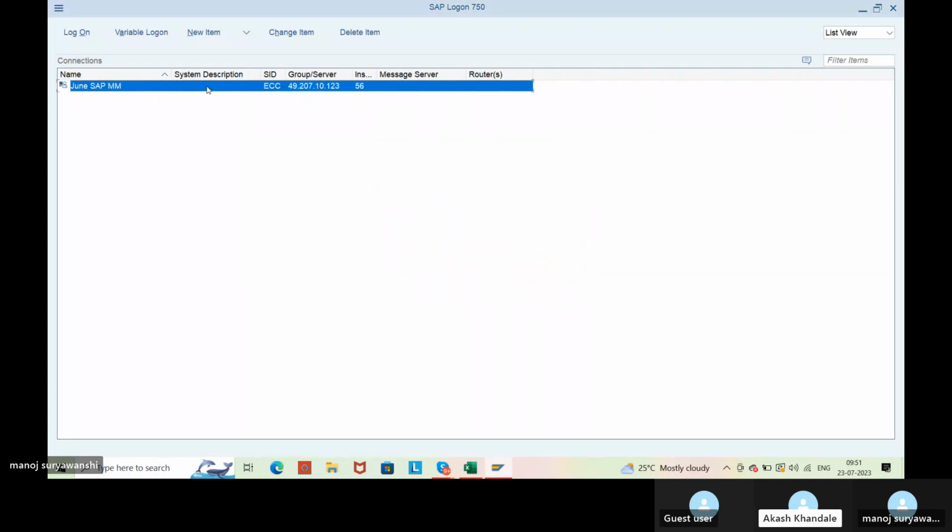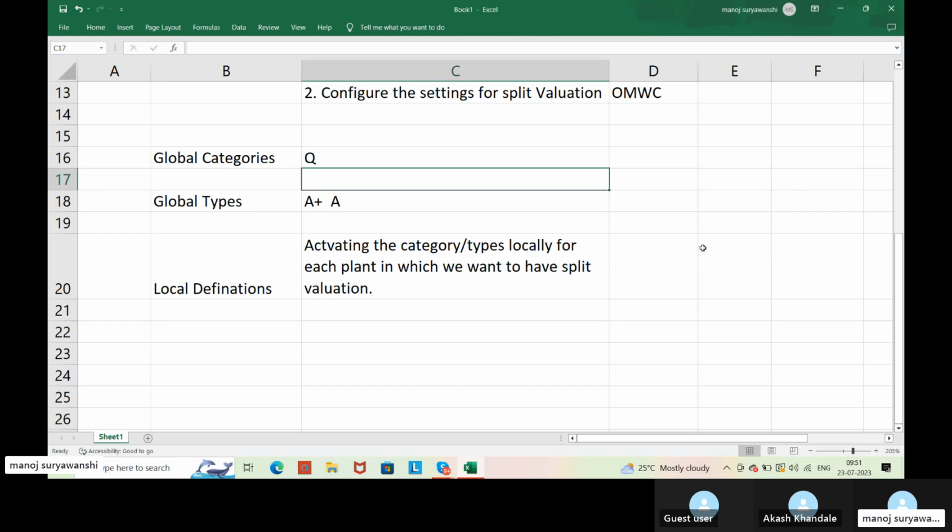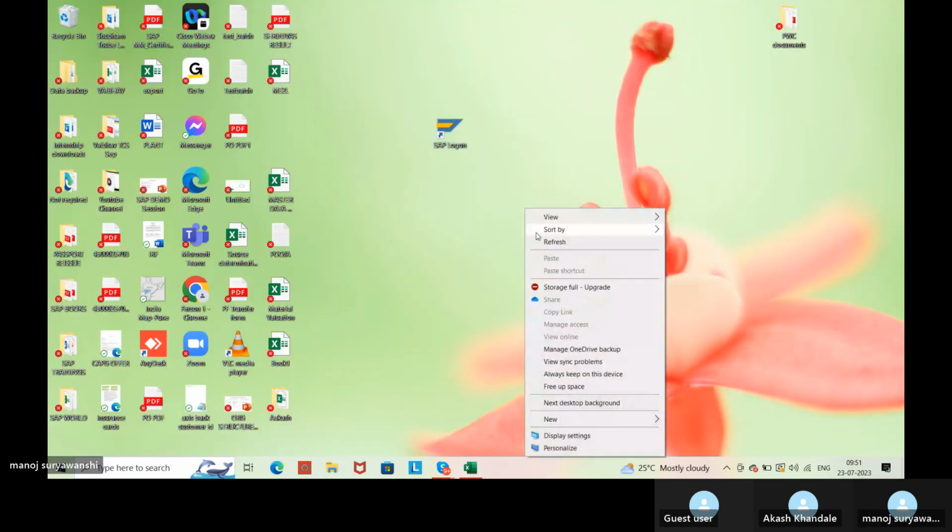सर ते रिस्टार्ट करूनच काय लागेल. नाही, रिस्टार्ट करायची गरज नाही पडत. Let me see. There may be some issue at the